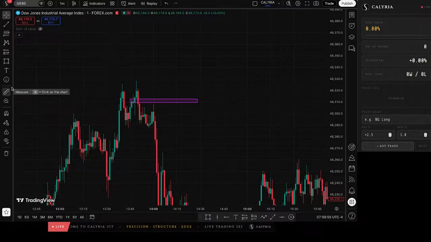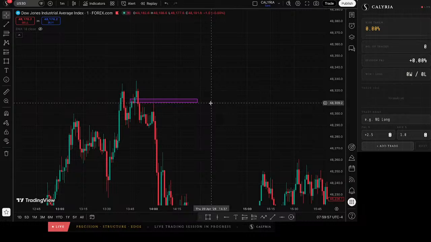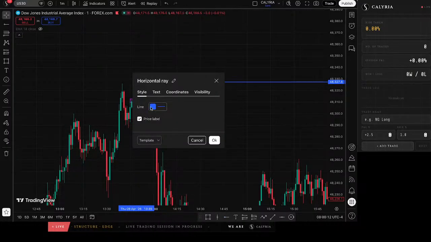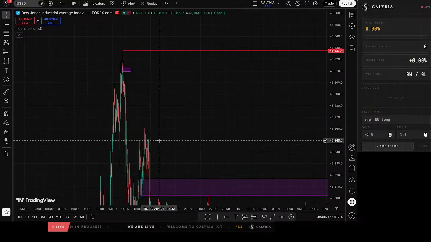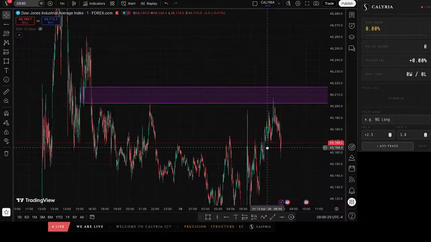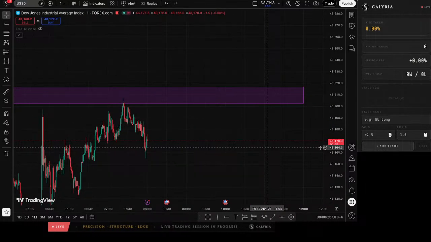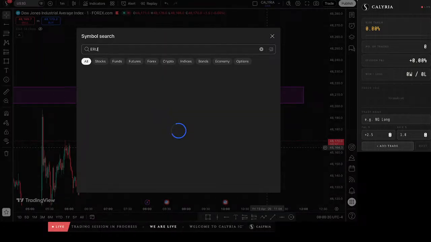For both of these trades, this would be our trade at 48309.2 on Forex.com Dow Jones Industrial Average US 30. Anyways, our stop loss would be here. As of now, our stop loss would be here. And our exit point I will tell you, but before that I want to go straight to Euro GBP, where we have got a trade and where we might get a trade today.